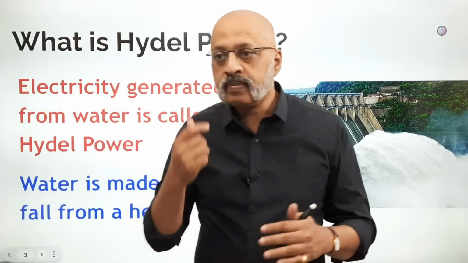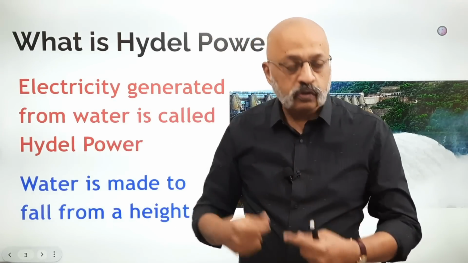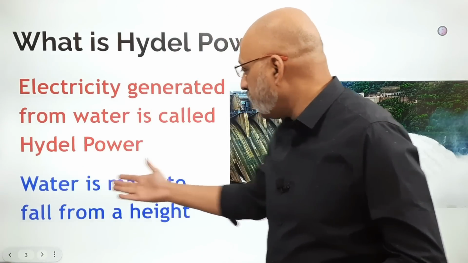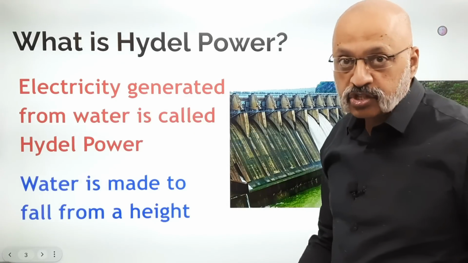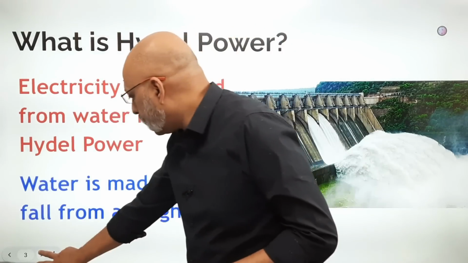Okay, so river water is stored by constructing a dam so that it does not flow downstream directly into the sea. Then the water is made to fall from a height on a turbine whose blades then move as a result of the force of the falling water, and that rotates the generator, resulting in the production of electricity. Okay, so that's how Hydel power is generated, and this is an important source of power for our country, for any country for that matter, definitely India.